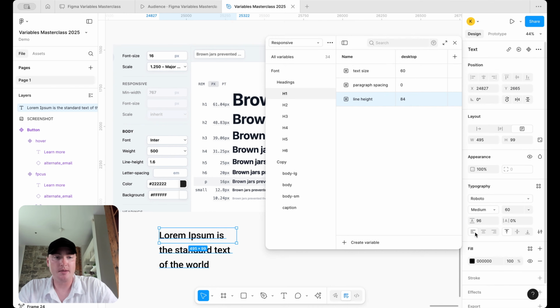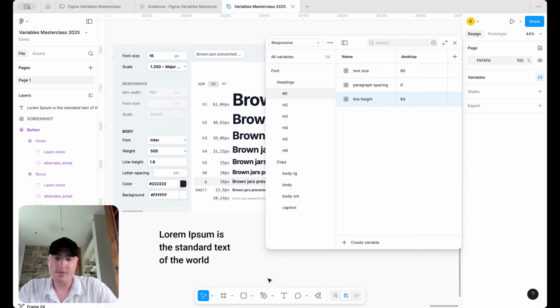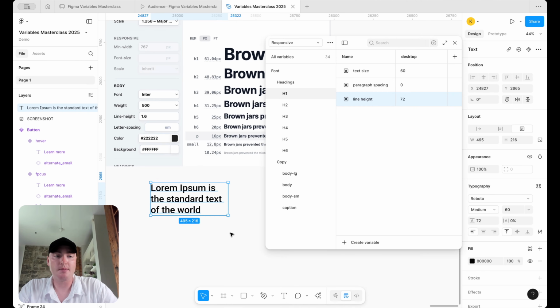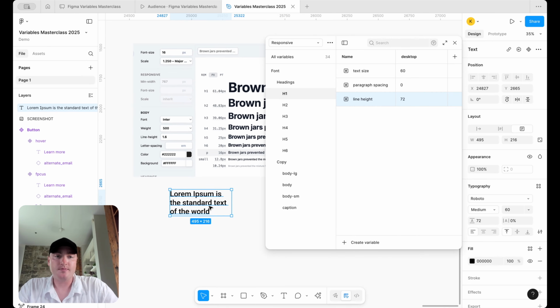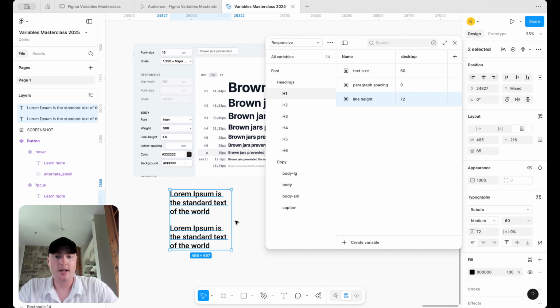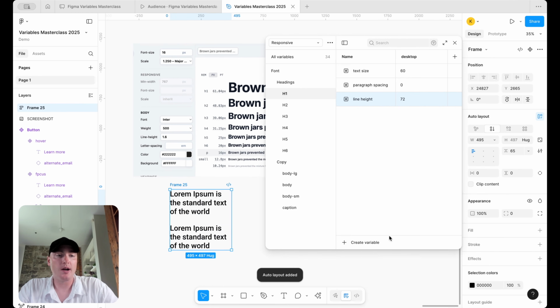Let's try it out. So maybe this is set to 84. That's better. Maybe we want to go times 1.2, 60 times 1.2, which is 72. And I think that's pretty good in the grand scheme of things. Okay. Now, when it comes to our paragraph spacing, so the space between a lot of those paragraphs, we can